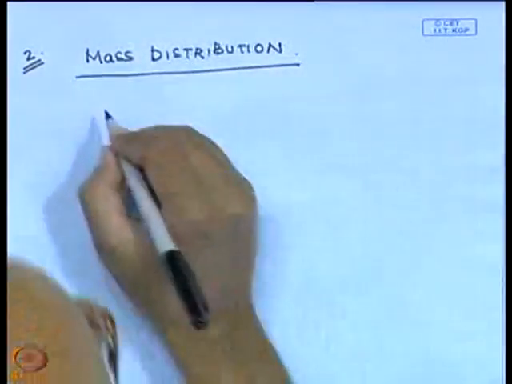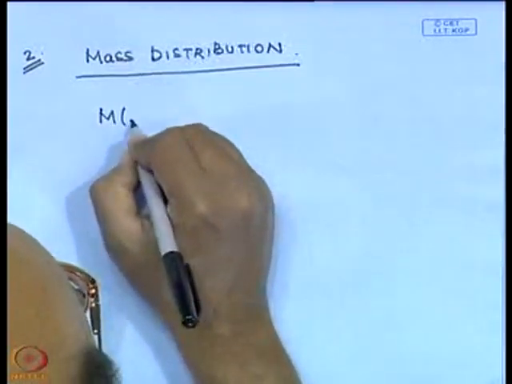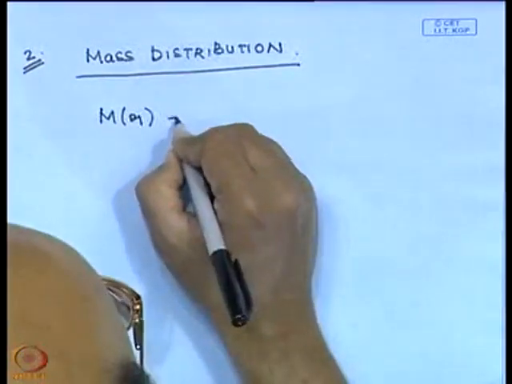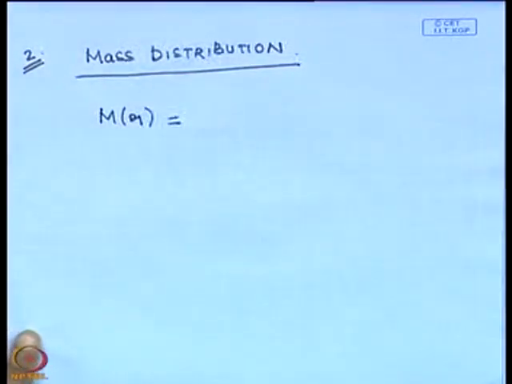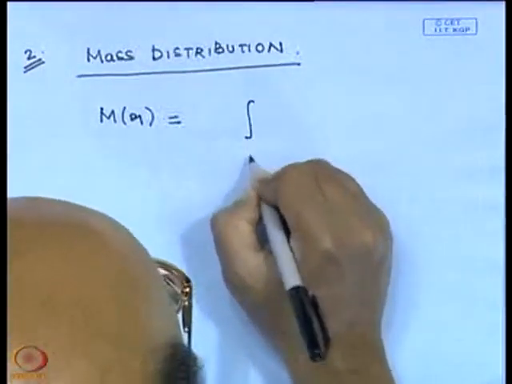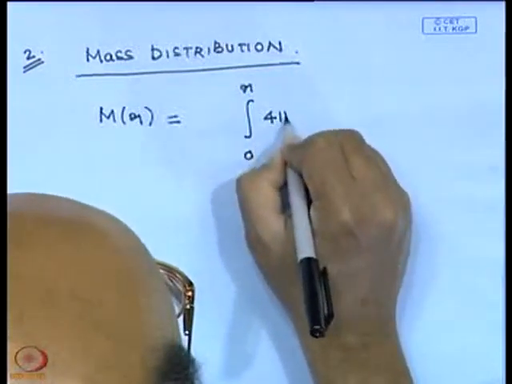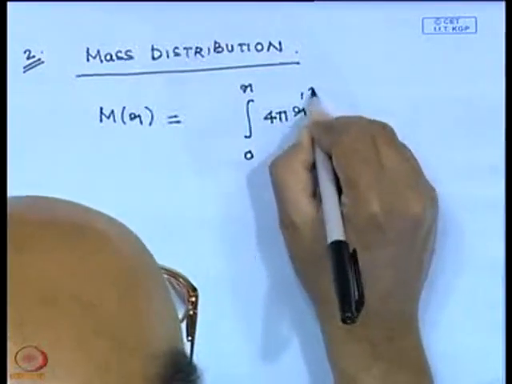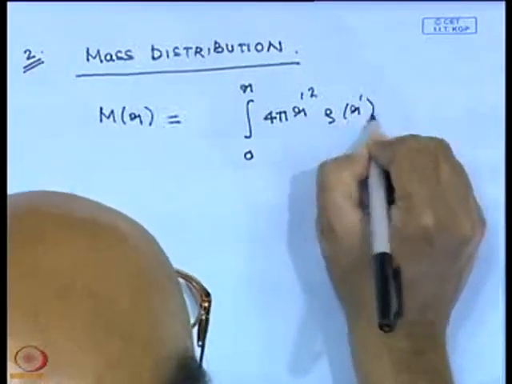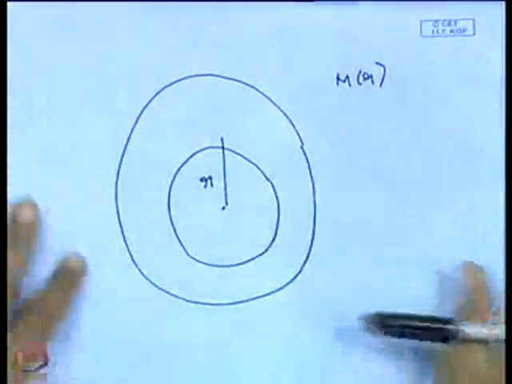So, we know the mass within a sphere of radius r, we know that this is the integral of the density, 4 pi r prime square rho(r prime) dr prime. So, what we are doing is we are considering shells